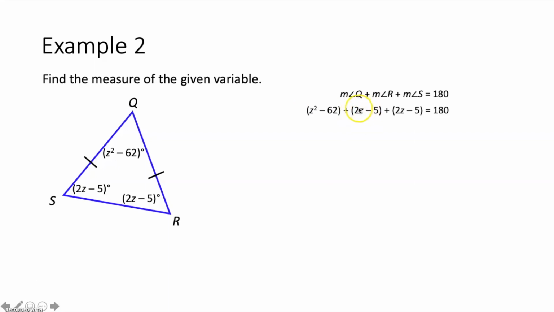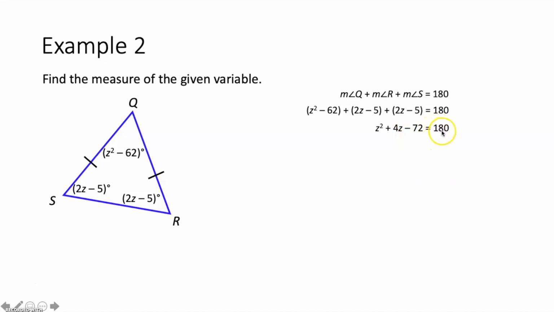I can add the 2z and the 2z and get 4z, and then negative 62 minus 5 gives me negative 72. Now I get something that looks like this. How in the world am I supposed to solve for z? Well, if you recall, anytime you have a z squared and a z to the first, or an x squared and an x to the first, I need to get everything to one side of the equation and set it